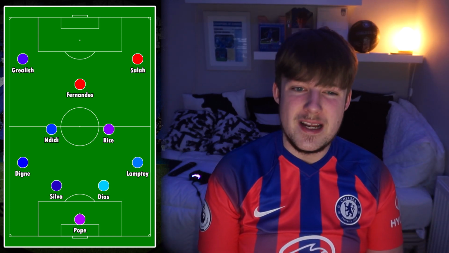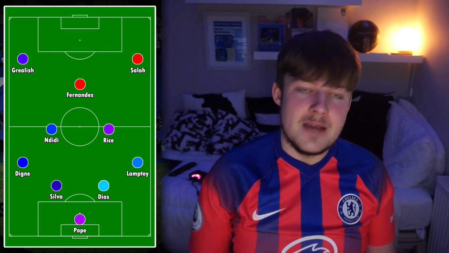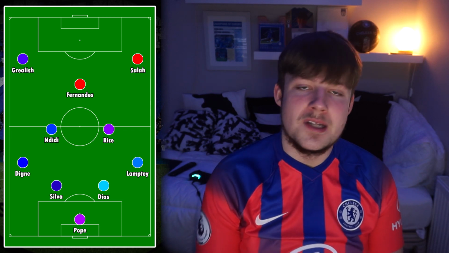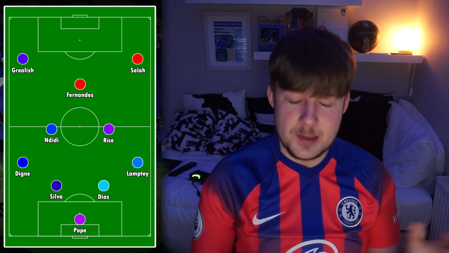And I think he correlates really well down that left hand side with, of course, the left back we've gone for in Lucas Digne, because Grealish is an attacker that likes to cut inside onto his right foot and be a bit of an inside forward, which obviously gives Digne space to roam down the left hand side and whip balls into the box with his left foot. And overall, I just feel like Grealish is an obvious choice,